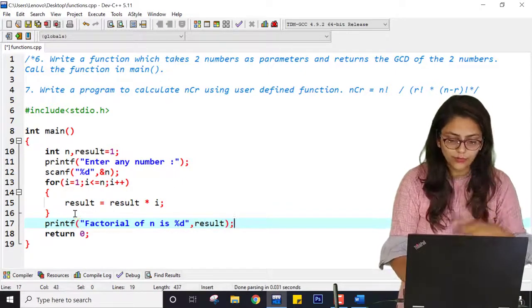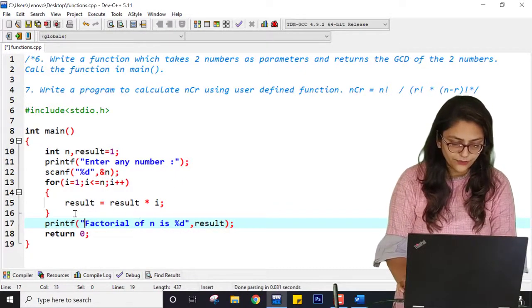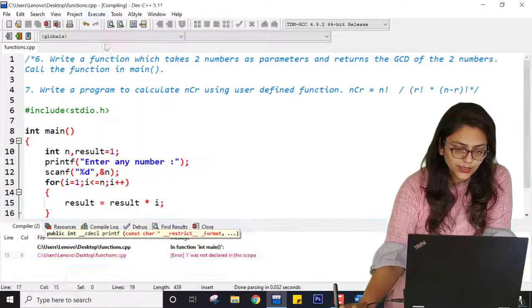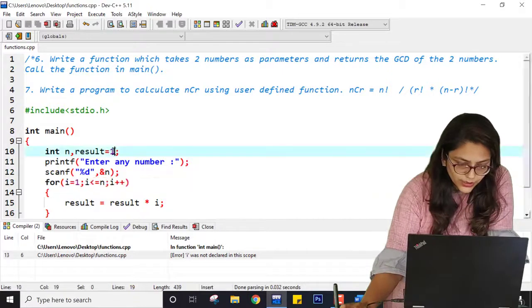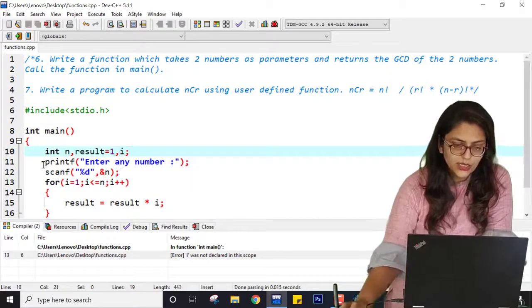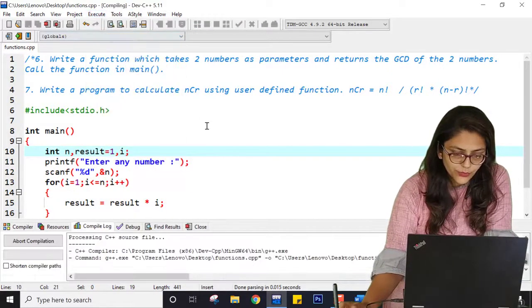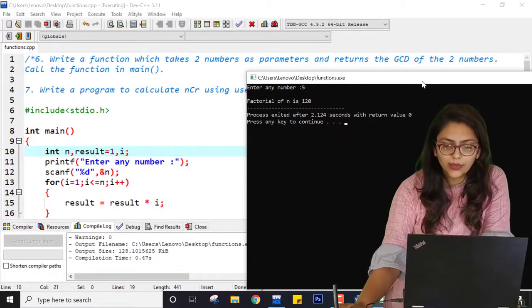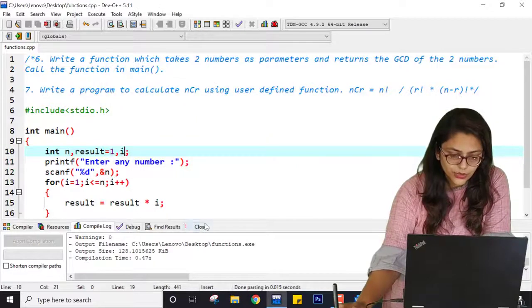So this is how you can perform the practical of finding factorial of a given number. Now let me just check if the program is correct or not. i is not declared, so I am going to declare i. Save the program, compile it and run it. If I am entering 5, the answer is 120. That means our answer is correct.